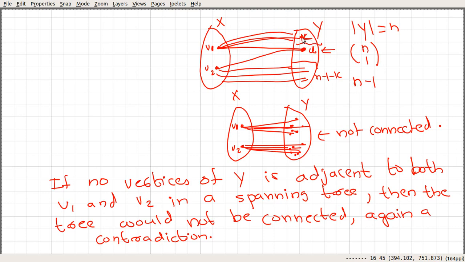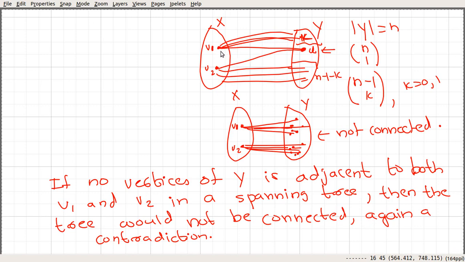These k elements can be chosen from the n minus 1 in n minus 1 choose k ways. Here k could be 0. In that case, V1 has only this one adjacent U, and all other vertices are adjacent to V2. Or k could be 1.